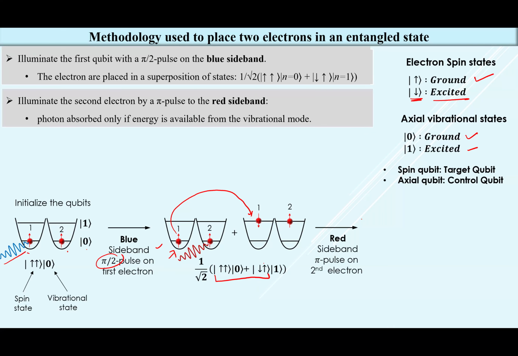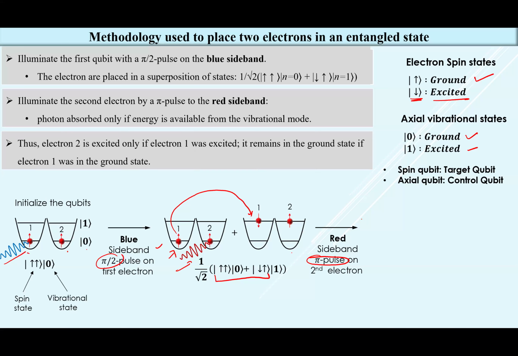And then what you do, you shine the red sideband photon on the second electron, with a pi pulse. And this pi pulse is going to act only